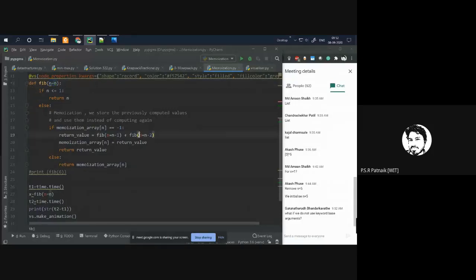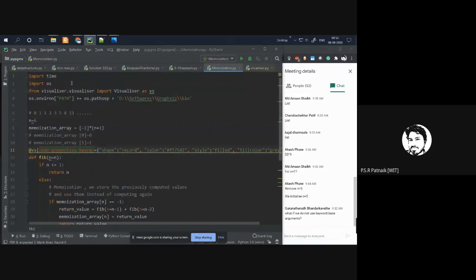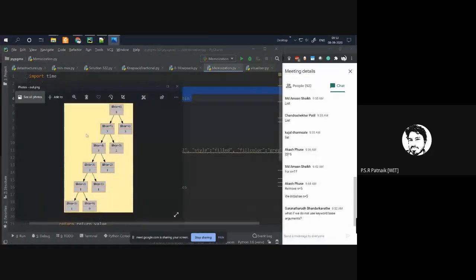Why am I using keyword based arguments? Because I want to generate this recursion tree. The module which I am using, GraphViz, to get this recursion tree, I will not get this value if I do not use keyword based arguments. Just to make sure that your understanding will be clear, I am generating this recursion trace.